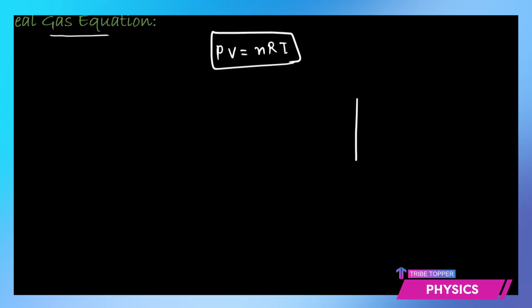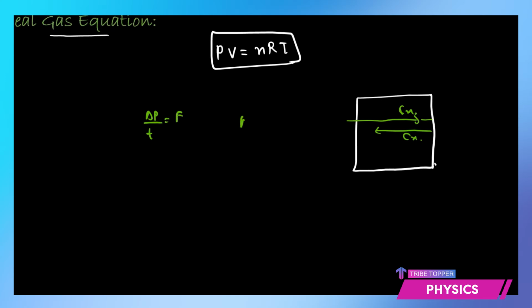So next we have the ideal gas equation. We have already done one form of it, PV is equal to nRT. But now assuming the kinetic theory of particles, if this is a cubical box, then just assuming that your particles are going in one direction with a velocity Vx or Cx and then bouncing back with the same velocities, there is a change in momentum, and the rate of change of momentum gives you the force, and that force over unit area gives you the pressure.